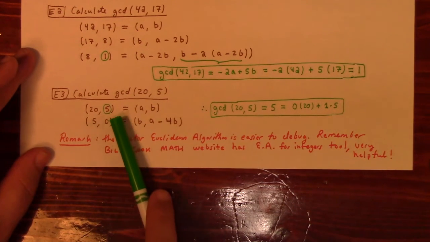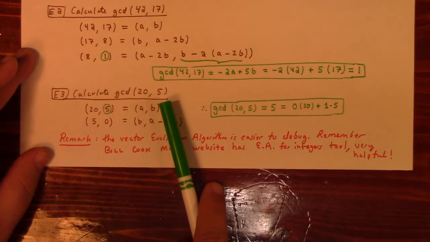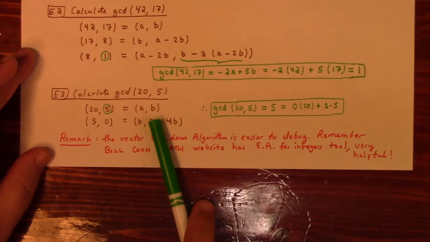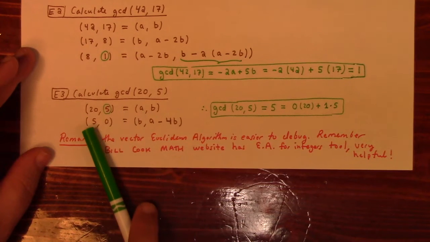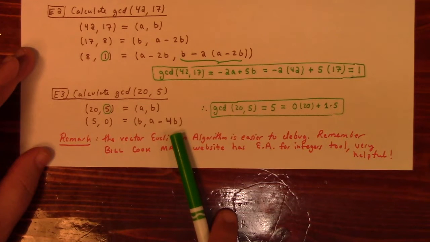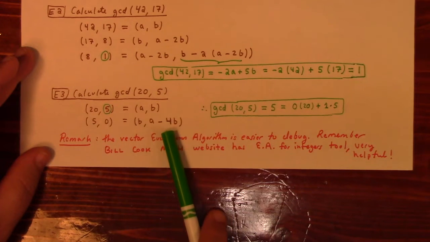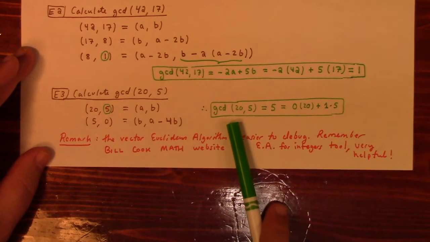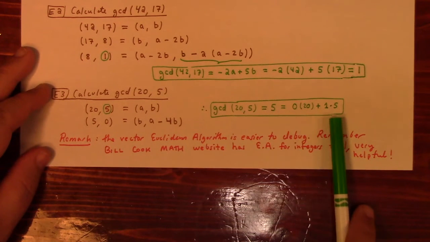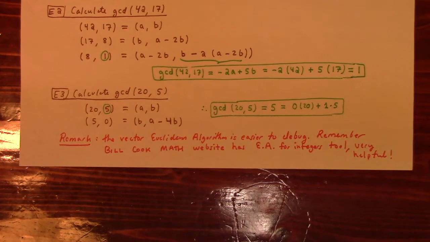Here's a very silly one. GCD of 20 and 5. Anytime one number is a multiple of the other, the GCD is the smaller number. So the GCD is 5. So here it is, 20 comma 5, A comma B. What's the next step? Well, it's bring the 5 down and the remainder is 0. So you have B and then A minus 4B. It's kind of cute. It does show you how to get 0 from A and B, right? A minus 4 times B is 0. But anyway, here that is, the GCD of 20 and 5 is 5 times 0 plus 1 times 5. If you tilt your head and squint, you can see that from the B there. But anyway,